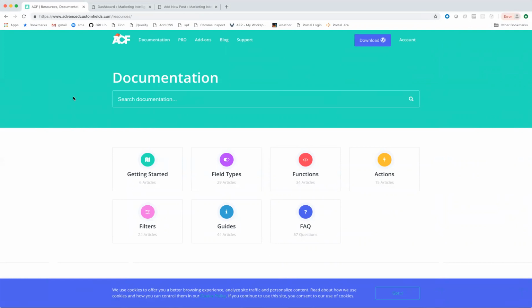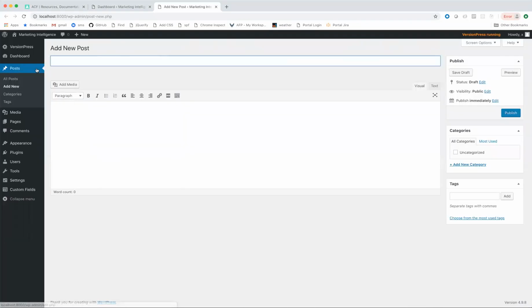For the sake of this particular demonstration, we're going to focus upon one specific type of field, which is the image field. And before doing that, we're just going to jump over to the WordPress admin. Now within the WordPress admin, I've gone ahead and just gone over to a post page to show you guys what exactly a post looks like out of the box. So out of the box, you have two fields, a title field and a content field. These reflect the two main pieces of authorable content within the out-of-the-box WordPress database, title and